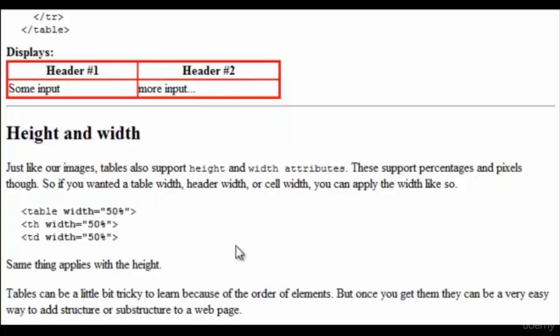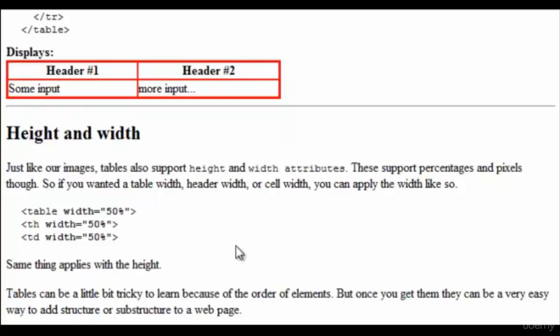So when you're applying a height to a table, a TH, or a TD, I would strongly suggest using pixels if you can. The only problem with that is you have to know the absolute height. If you want a table to expand over the entire browser, then you want a width and height of 100%, but height of 100% might not always work. So that's just something for you to know.